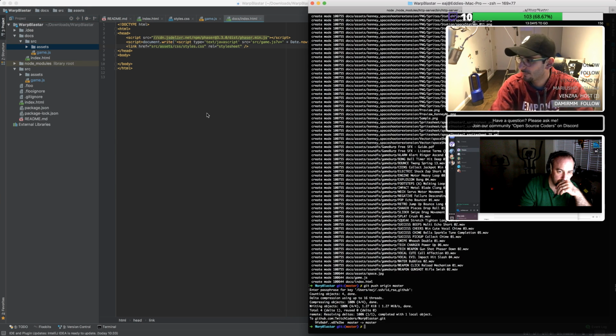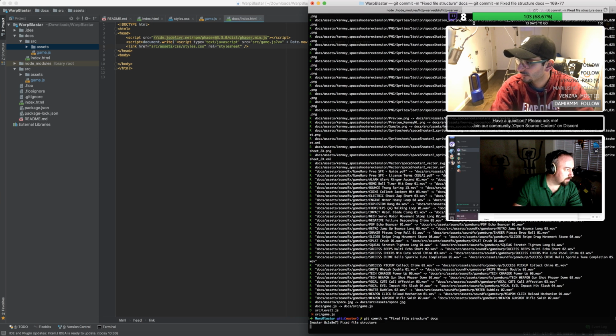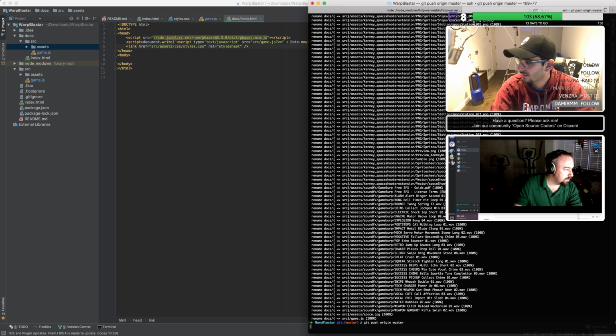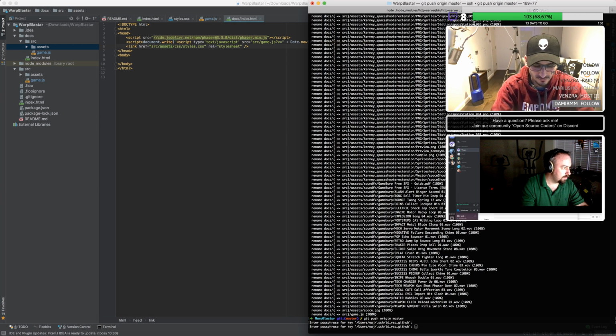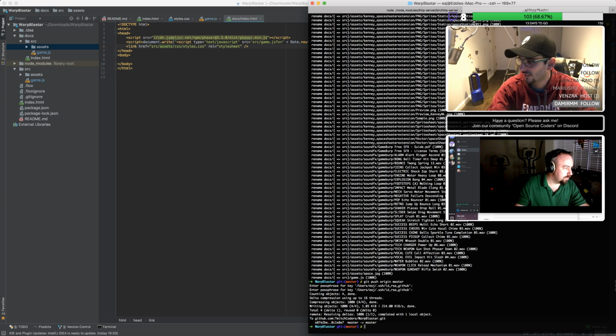So if I commit that up again, and that should be changes to the docs directory, git commit -m just a docs directory for now. Fixed file structure. And push that up. This is going to make the repo even probably bigger. I'm moving the binaries around. Got my password wrong. It's just password 1. So if you want to give it